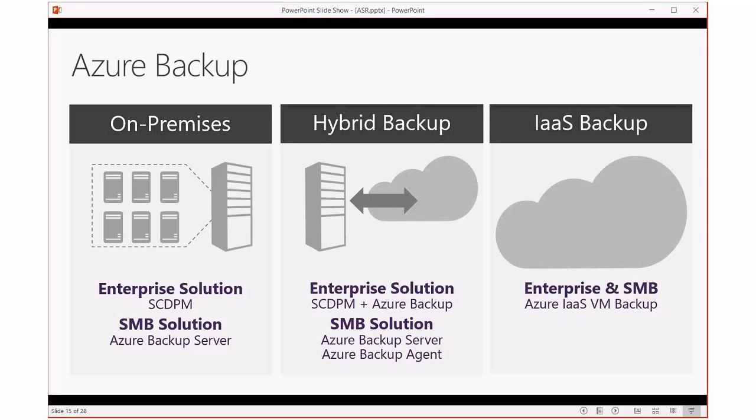If you're familiar with System Center DPM, that is available. If you're looking for something that's a little bit less robust, you have Azure Backup Server, which is a light version of System Center's Data Protection Manager. The main difference there is that Azure Backup Server doesn't integrate to a tape library, right? So if you're not using tape anyway and you're looking to just back up your data to the cloud without going to tape, this is a great solution for you.